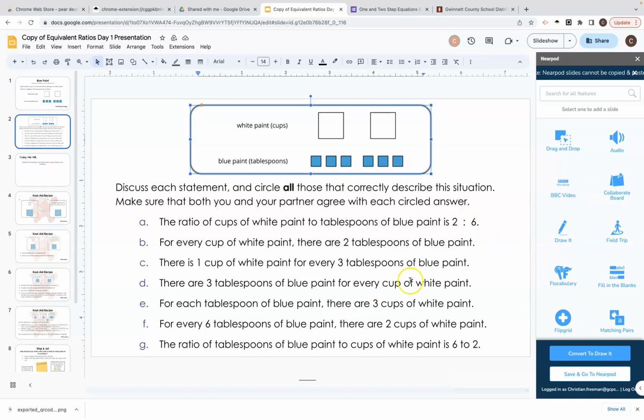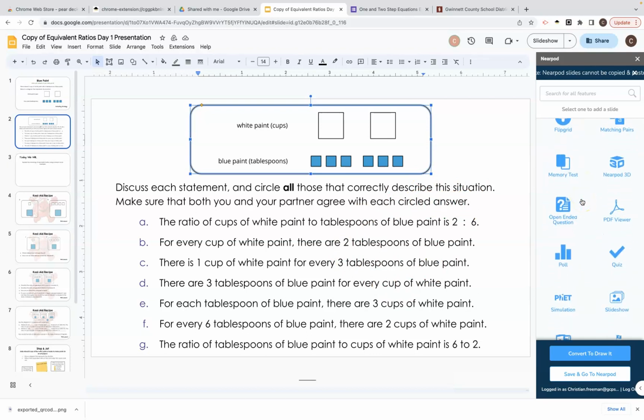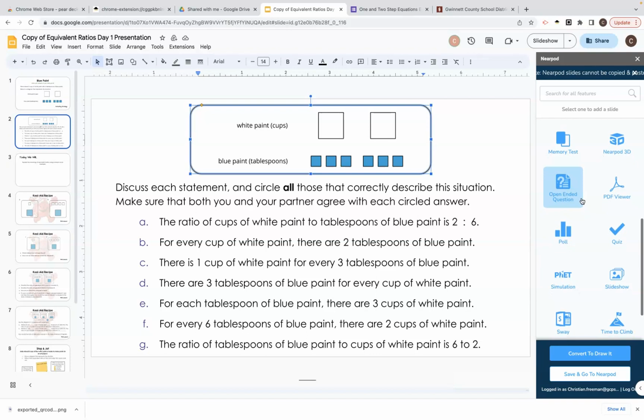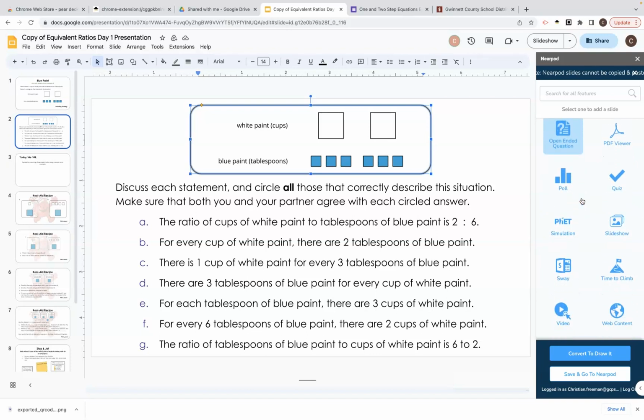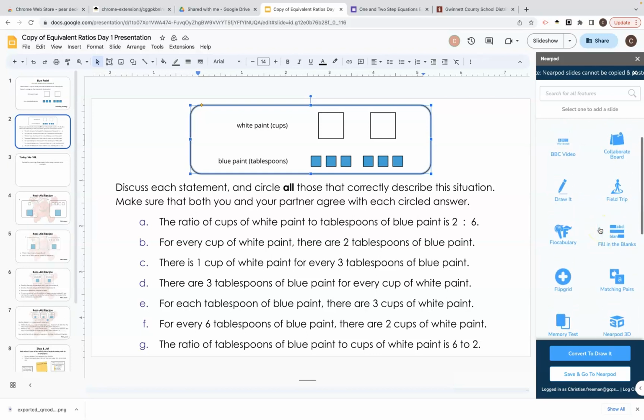Maybe for this particular slide, I want to embed the Draw It feature so that students can circle or star or whatever it may be, the statements that they agree with. You can add in audio, video, games. If you've gone through a couple slides in your lesson and you want to check for engagement levels or check information retention, then you can include open-ended questions or multiple choice questions, games. The Time to Climb game is very popular,